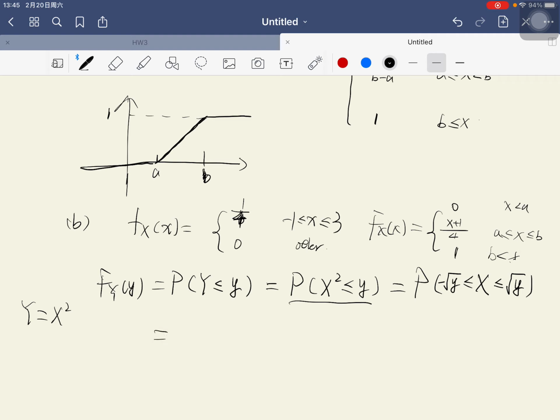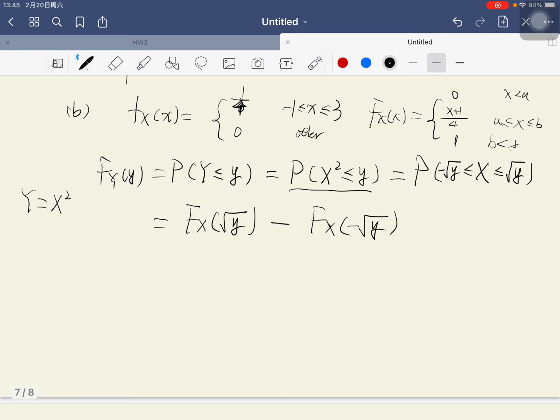It is equal to the distribution function of X at the square root of y minus the distribution function of X at minus root of y,